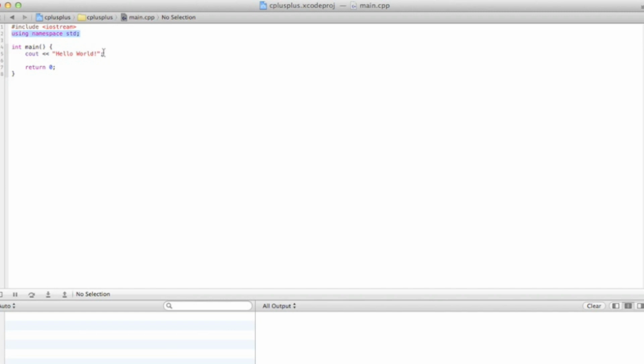So finally, what is the semicolon at the end? Well, think of it as a sentence. Think back to English. English has sentences and they have periods. Think of the semicolon as the period to programming. The semicolon tells the program that you're going to end this statement. It's like cout, console out, is our simple sentence, and semicolon tells the program that we're going to end our simple sentence. So then finally, if this is successful, we return 0 back to the function to tell the function